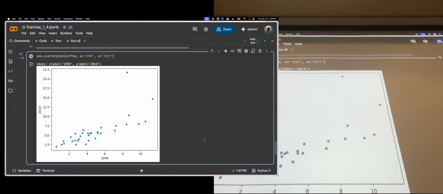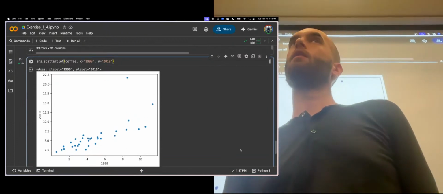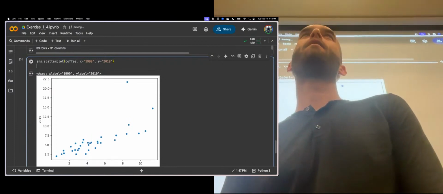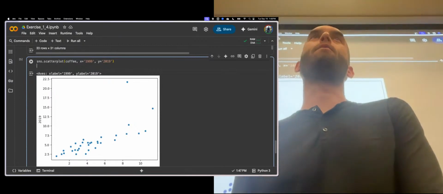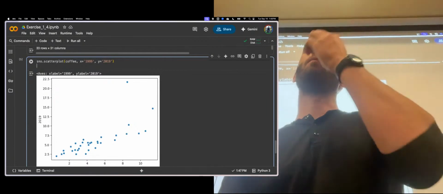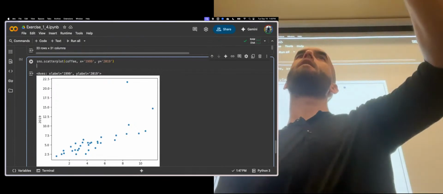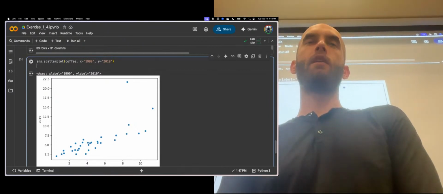What else might we do to improve this figure? Yeah, Jason. Add a title. Okay, so a title and then our two axis labels. Yeah, so Seaborn doesn't have the package to add titles, but matplotlib does, and it already imported that for you in at the beginning of the document. So all we have to do is